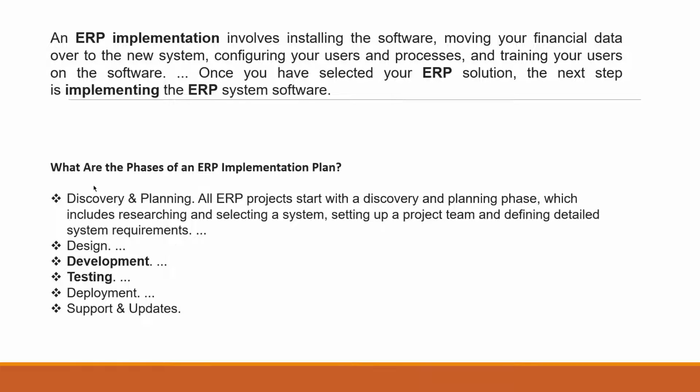Okay. So what are the phases of the implementation plan? First is discovery and planning. All ERP projects start with the discovery and planning phase, which includes researching, selecting a system, setting up a project team, and defining detailed system requirements. So when we say discovery and planning, it means to say that, let's say, we are